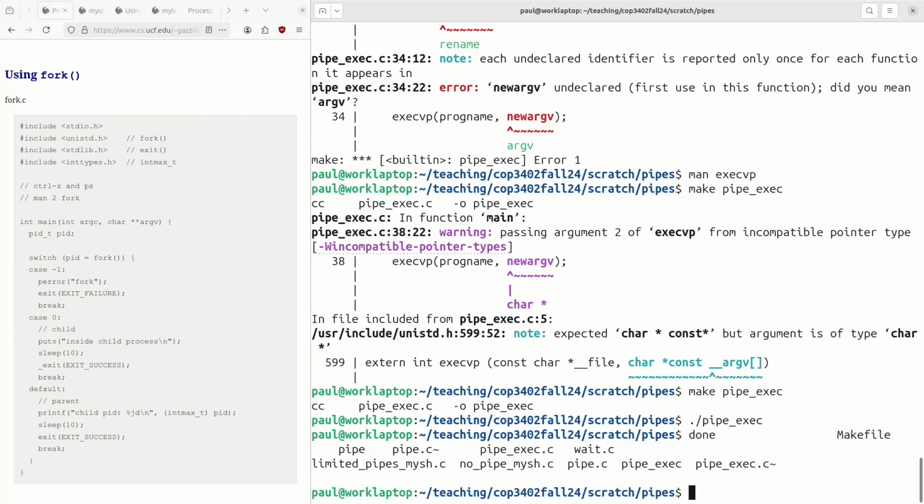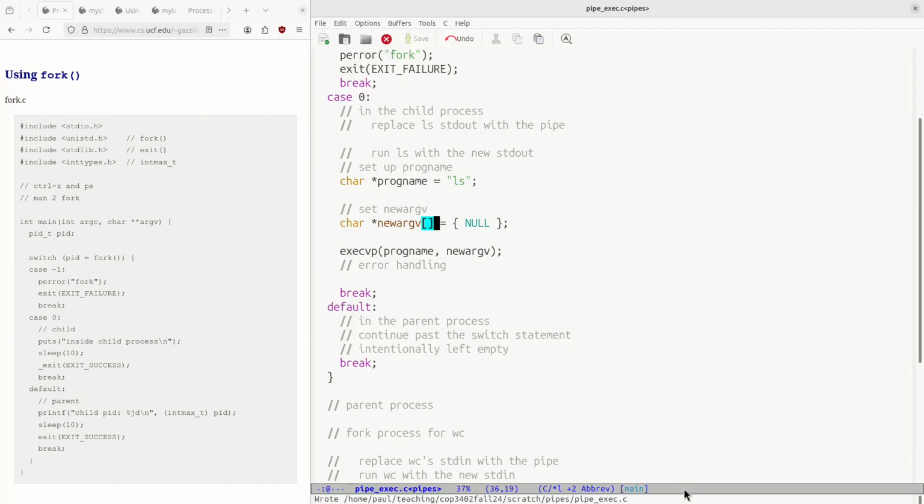Yeah? Why are you doing ls every time? I thought we wanted to do other processes. Okay, right. So when you write your bash interpreter, you'll have to take in a command from the user, figure out what they're running, and use that. But I recommend doing this stepwise, doing one piece at a time. And so this is why it's useful to use variables. Because while I'm coding this, I can just hard code something until I'm ready to change this to a user specified string. We just do